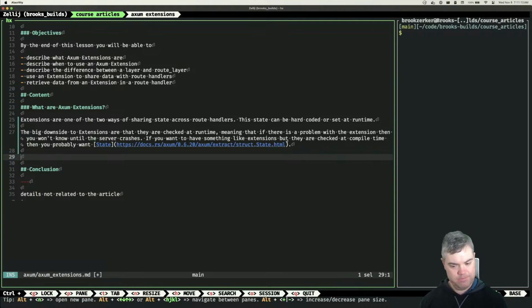Let's see. Extensions were the first way to share state across multiple